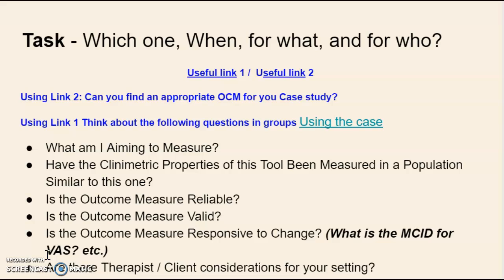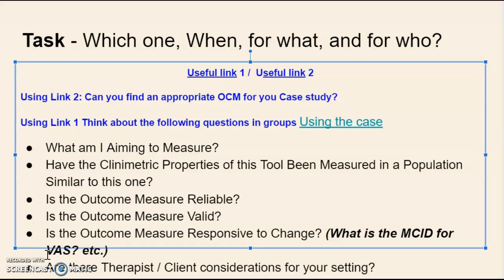So for this task, what I want you to do is have a think about which one, when, for what, and for who. So using this link here, have a look at when it be posted. It doesn't matter which case study, using the link 2, and then using link 1, just have a think about